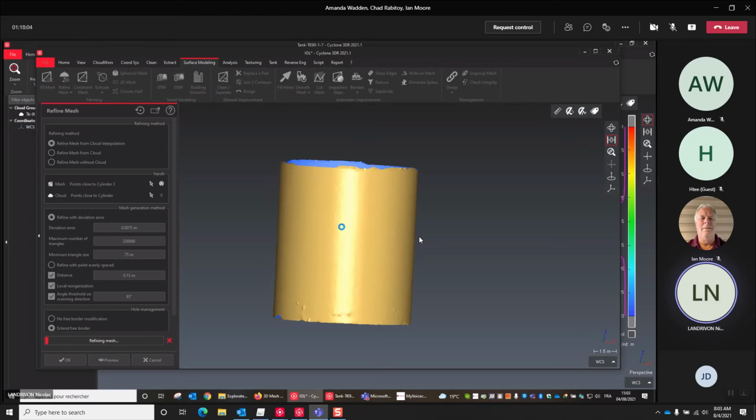while the refining mesh is processing, please select your point cloud. Use the meshing in two-step, use the default value, try to fill until the external border and ignore the scanning direction. You will get the first rough mesh in 2 or 3 seconds. I hope that this one is good enough, we will see. And after, you refine the mesh from cloud interpolation.